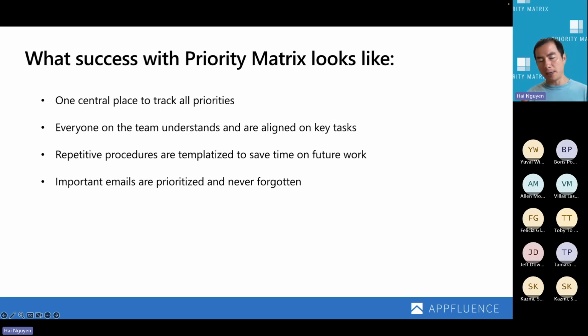You can export it as needed, but typically success with Matrix at the team level does involve having everyone on the software, because then they can actually edit priorities, they can make comments, they can mark tasks as done. And with all of that comes the reporting aspect of it. So if you're a manager and you have 5 or 6 direct reports working with you directly, and you're assigning them tasks and so forth, as they get things done, you can actually